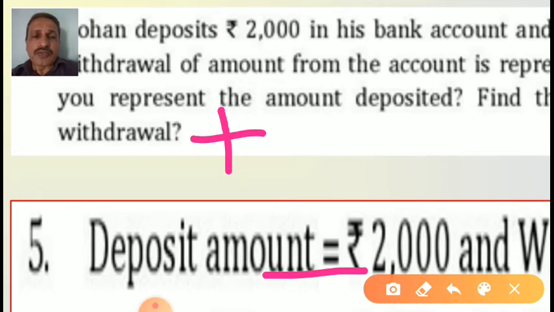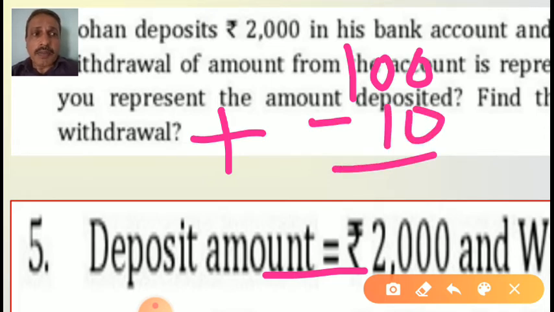Whenever you expense or withdraw, suppose you have 100 rupees and you purchase a wafer packet of 10 rupees, will 10 rupees be added or subtracted? Suppose you have 100 rupees and you are purchasing a 10 rupees wafer packet. What will you do? Add 10 rupees or subtract 10 rupees? Yes, subtracting 10 rupees. And now what is the balance with you? Yes, my dear student, that's 90. Without doing any calculation, you can answer very fast. You are very clever.